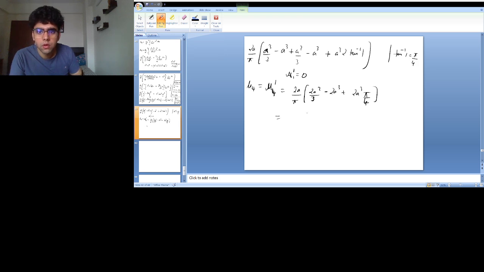So this becomes, I'm just taking 2a cube common. So this is 2a cube common upon pi into 1 upon 3 minus 1 plus pi by 4. So 4 and 3, this becomes 12. So I'm left with 4a4. This is a cube and this is 1 another power. So this becomes 4a to the power 4 upon pi, and 1 by 3 minus 1 becomes minus 2 by 3. So pi by 4 minus 2 by 3, and this gives me ultimately